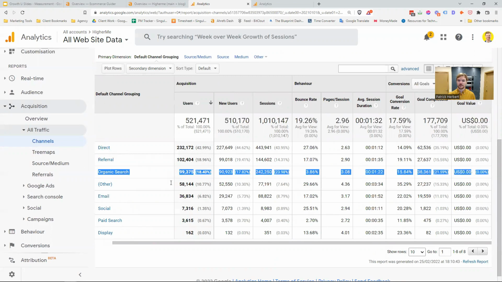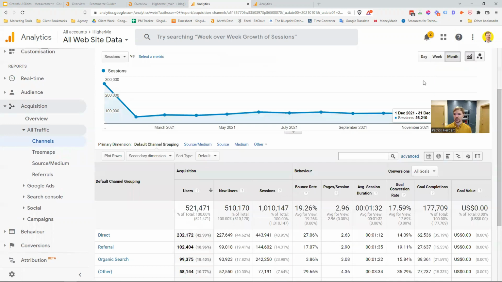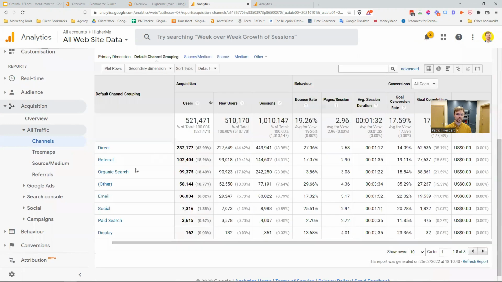So my advice when looking at this is you're looking at this organic search line in your Google Analytics. And what you're looking for, as I said, is high traffic, low bounce rate behavior, high number of conversions, high percentage of conversions, that sort of thing. So here we can see that over this period, which is Jan 2021 to end of Jan 2022,